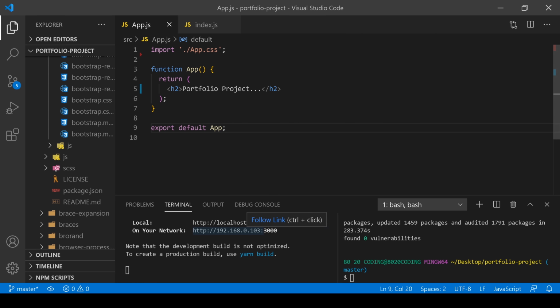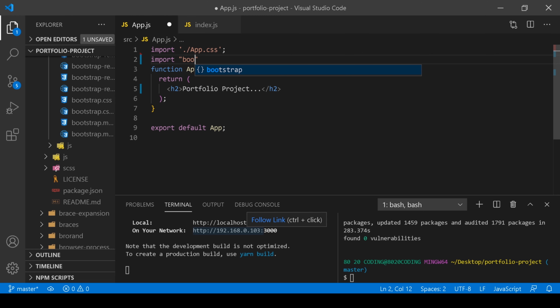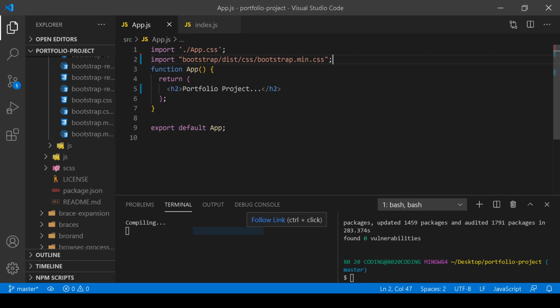Okay, so let's import. So import in quotes, type Bootstrap folder, then you can see suggestion destination folder, then CSS folder, and the file bootstrap.min.css. Okay, let's save, and if we open the browser,